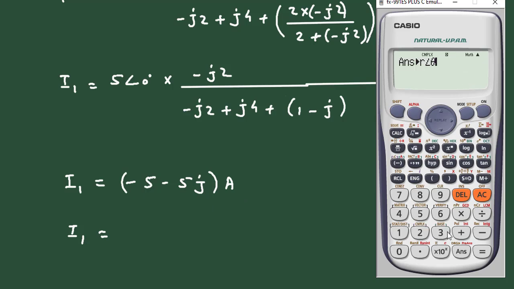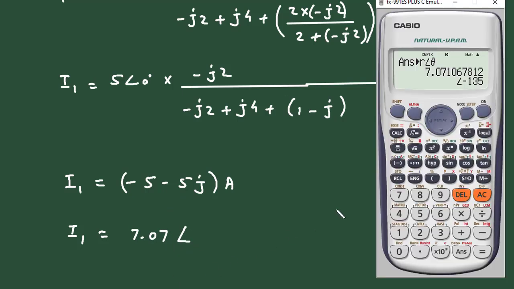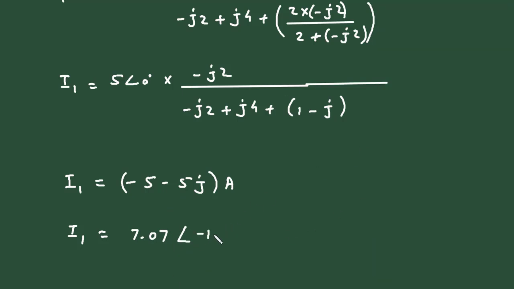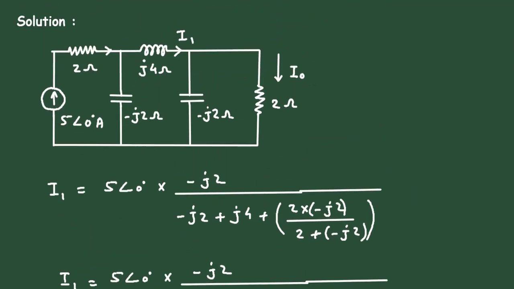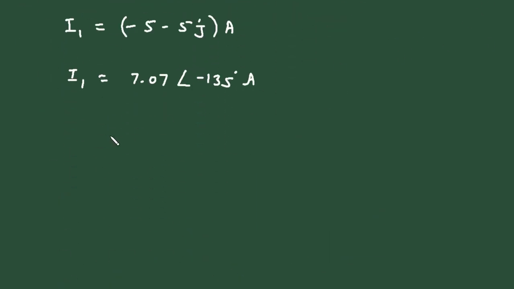So, shift to 3. It is 7.07 at an angle minus 135 degree ampere. Now, next we have to find the current Io. So, again by using the current division rule,